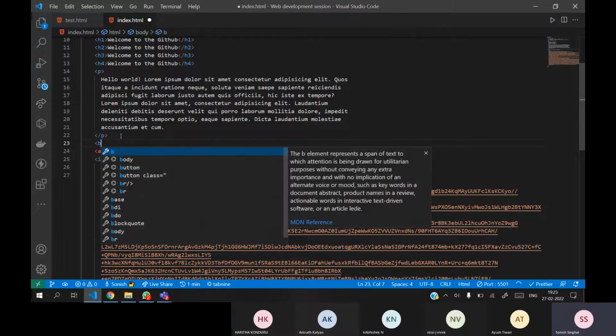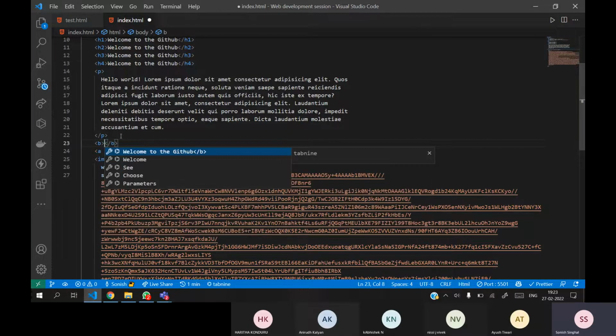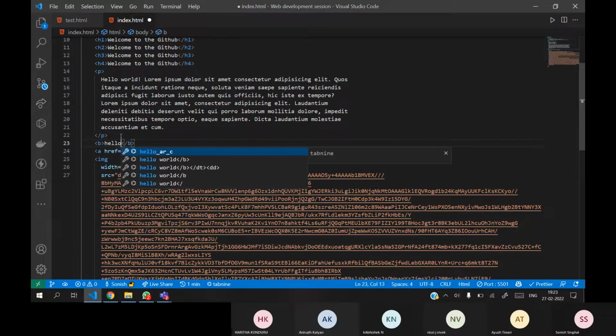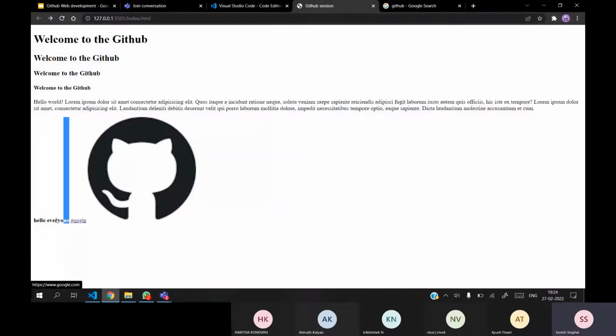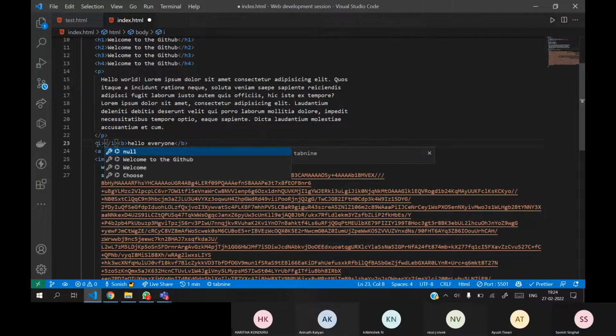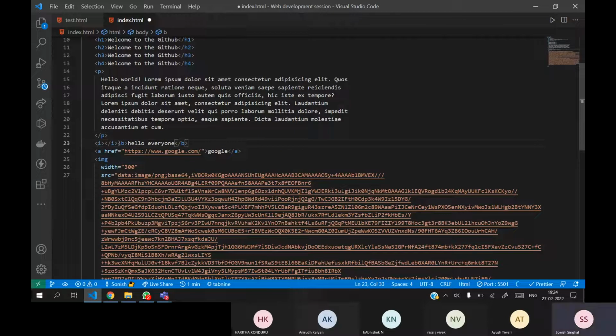If you want to bold something, you can directly write it here, something like "Hello everyone, I'm right." You can see that it got bold. We have tags for italic as well. We can write the same thing in italic, just adding that tag inside.